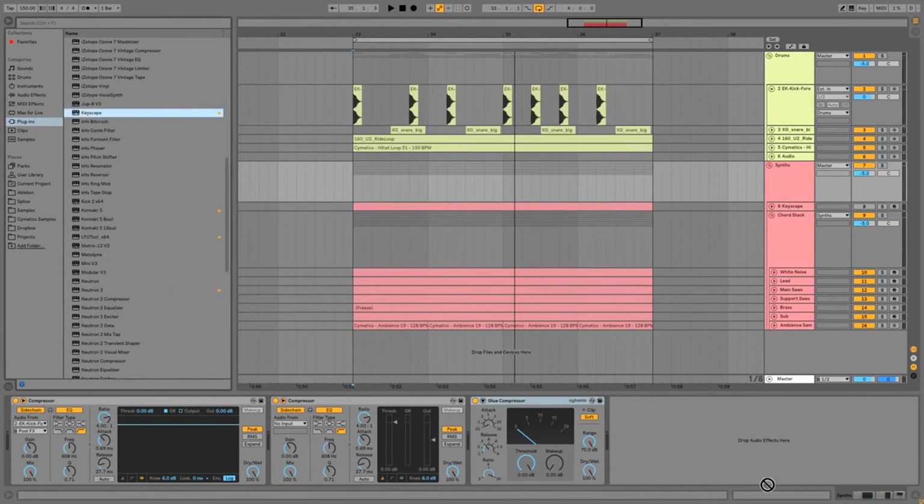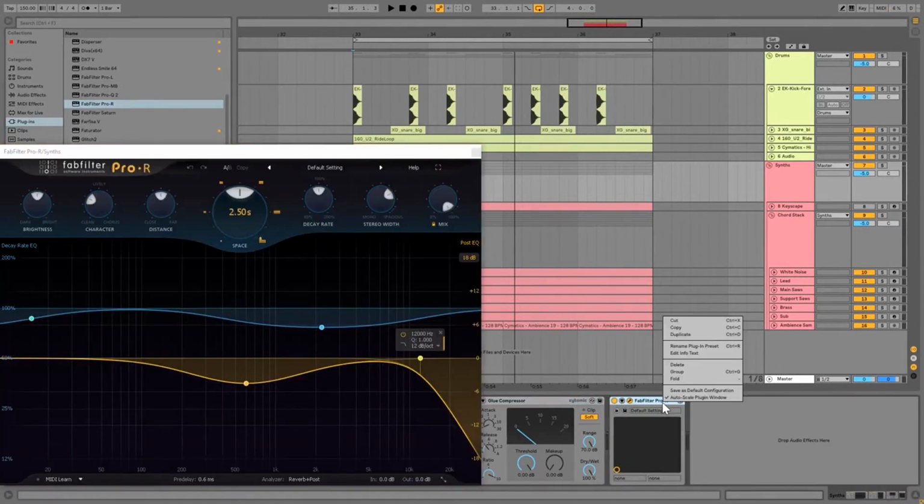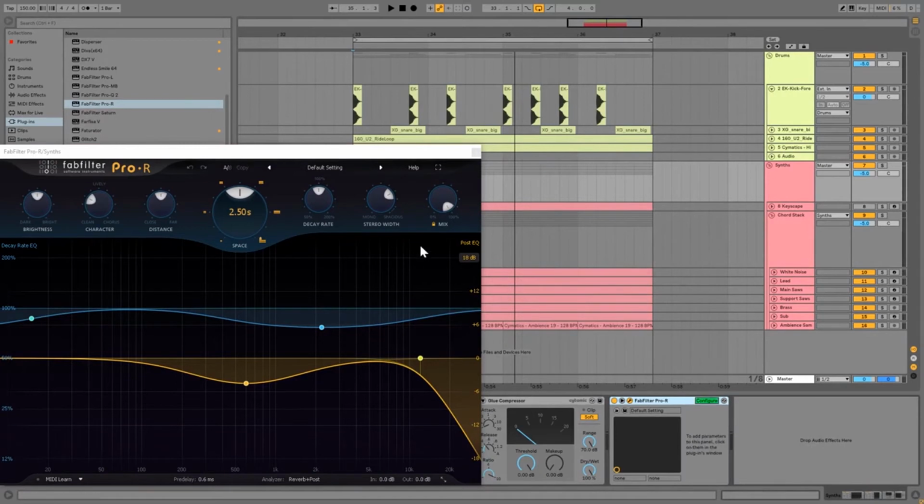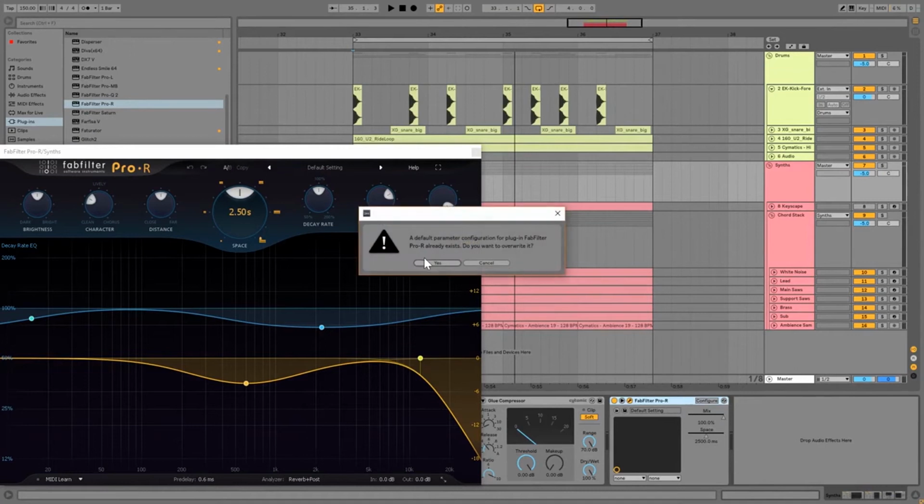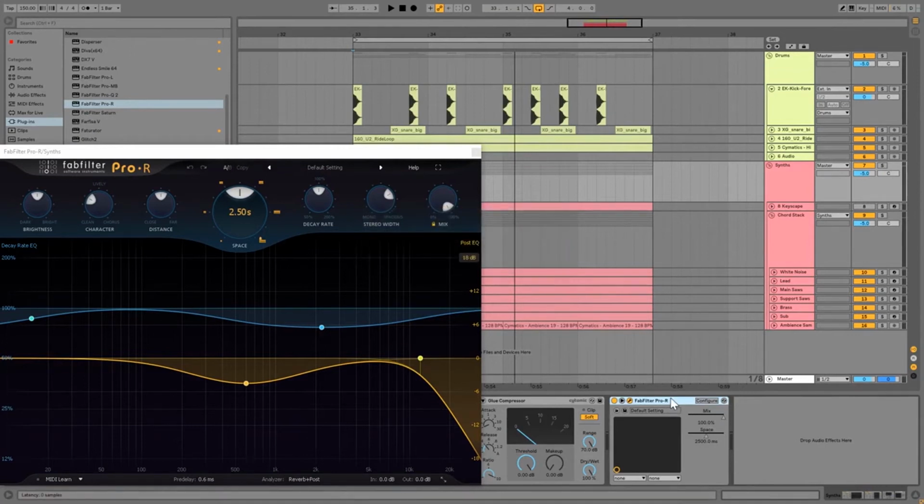Let me try. Oh wait. Let me try, for example, with Pro R. Oh yeah, you can save it as default configuration. So for example, if I set the mix to 0, save as default configuration, then delete this one. Every time I load up Pro R now, oh no. Oh, that's with this one, right? Okay. So save this. Every time I